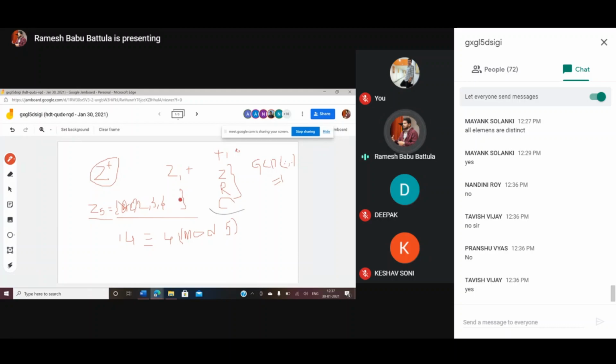So I will ask a question here. Most of the time we will use GCD only. How to find GCD? Mostly in our discussions, GCD plays a crucial role. So now my question is, what is the resultant value of GCD of 0, 0? If this value is given, what is the resultant value for you?